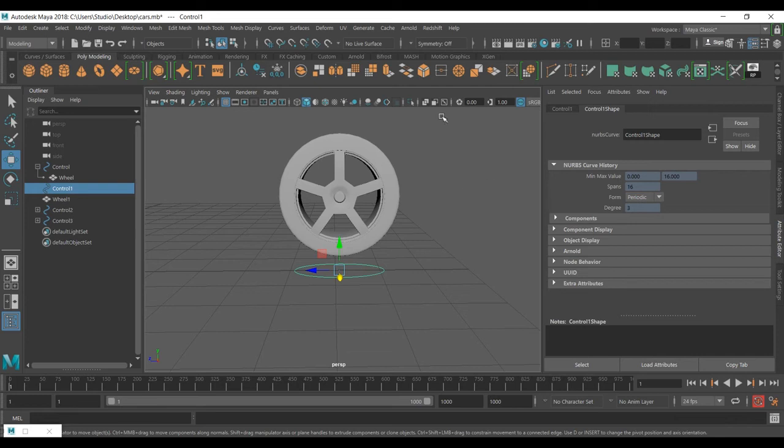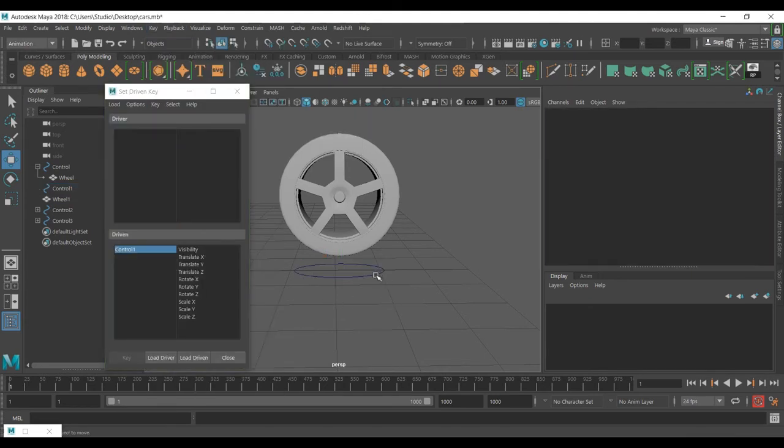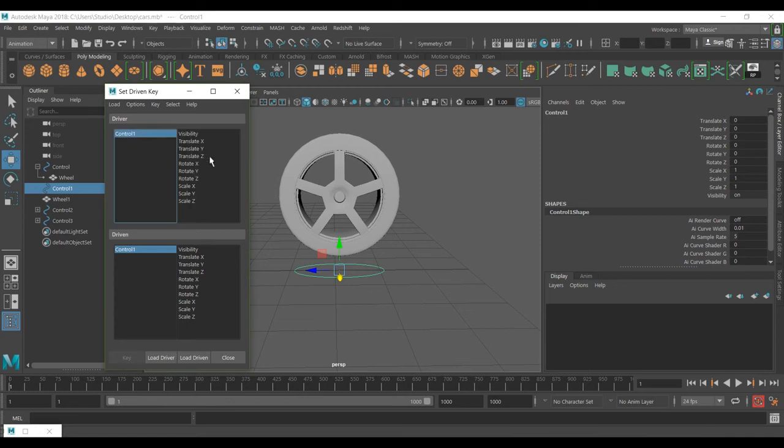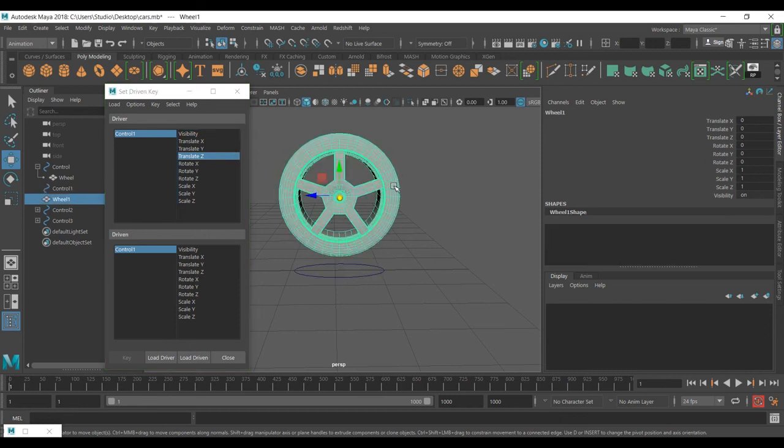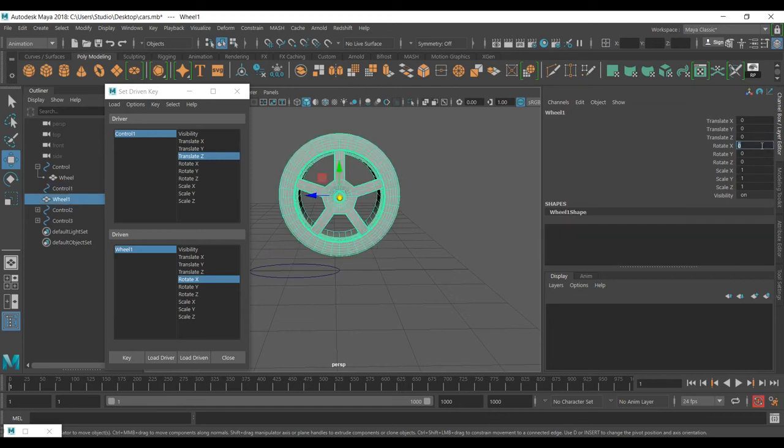So the third method, the middle one, is how to do it with set driven key. So you're seeing how you can do this by set driven key. The other option is you can make it loop in the same direction. So we just go to animation, set driven key, and so on. Load the driver, which is, again, translate Z. Selecting my object and keying it on the X and pressing key. That is the first key we're going to do. The second one, we just change the controller to be number 1 in Z, and for rotation we just put 90, key it, and now we press it to be -1